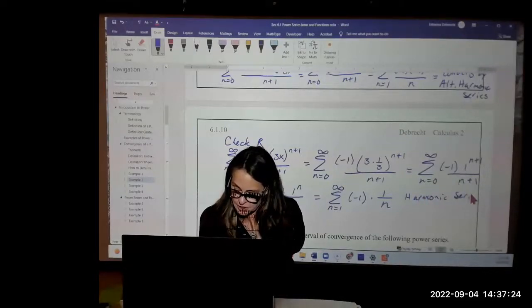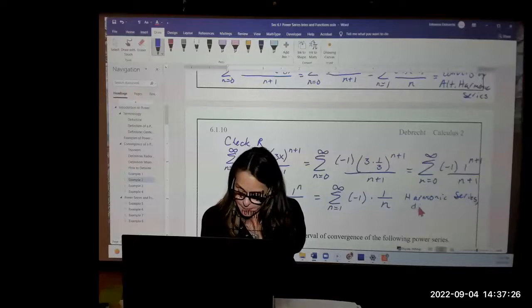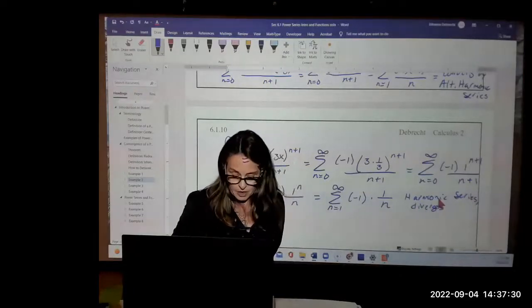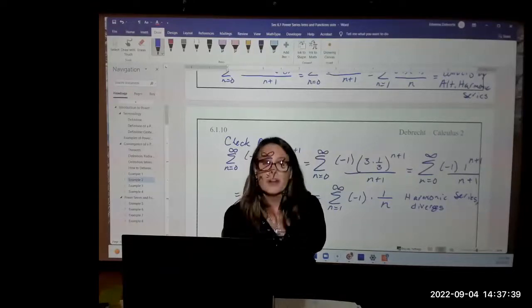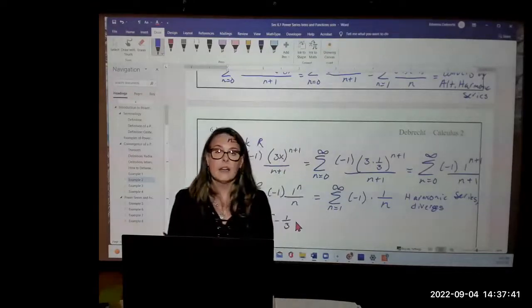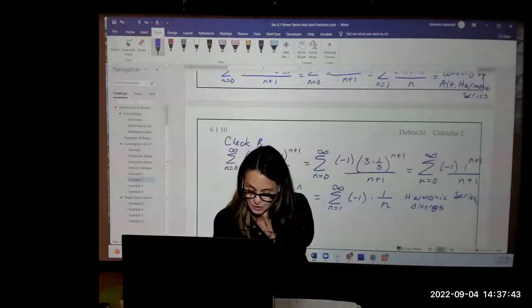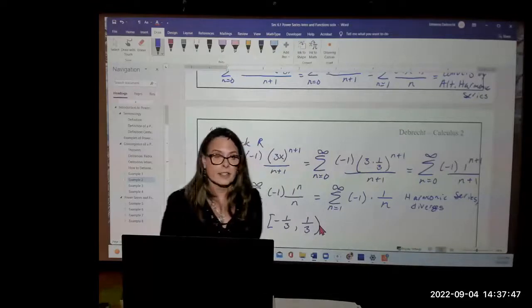And it diverges. So then we are going to say that our interval of convergence, which is I, is going to go from closed -1/3, where it gave us the alternating harmonic series, which converges, to 1/3, which gave us the harmonic series,